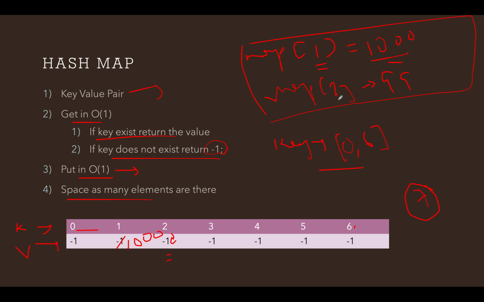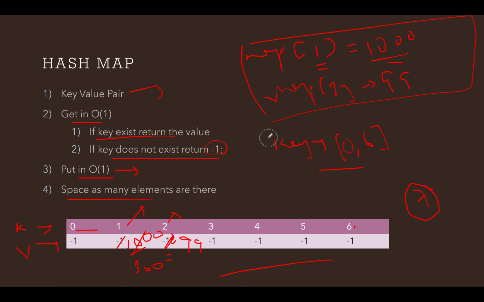And then we have map of 2 should be updated to 99. And if the operation comes that get the second index of the map, it will return 99. If it is to get the first index of the map, it will return 1000. And if there comes another input to update the value to 300 at index 1, you can update this value simply to 300 and continue the processing. So any number of operations can be supported by this logic. It's a pretty simple logic.